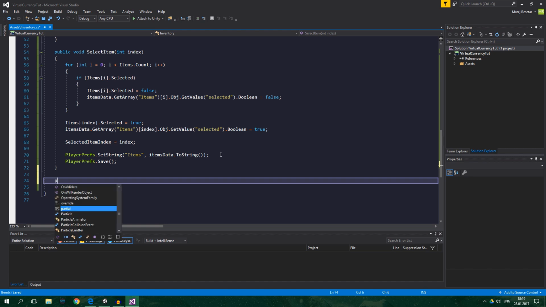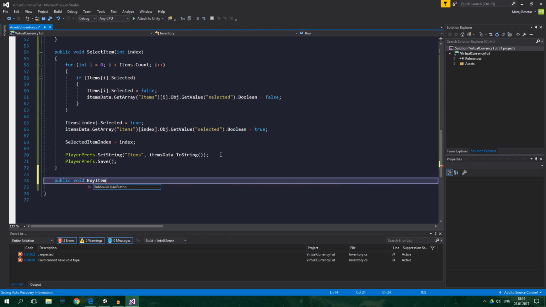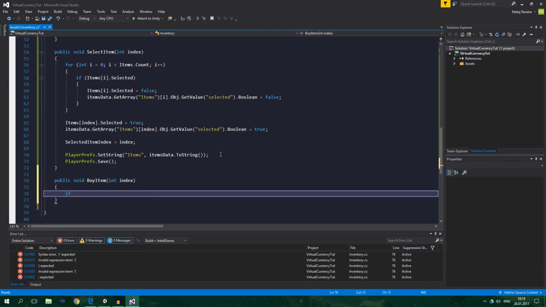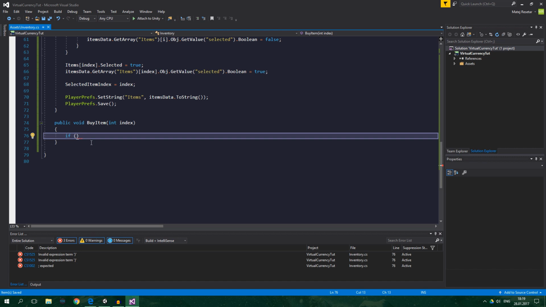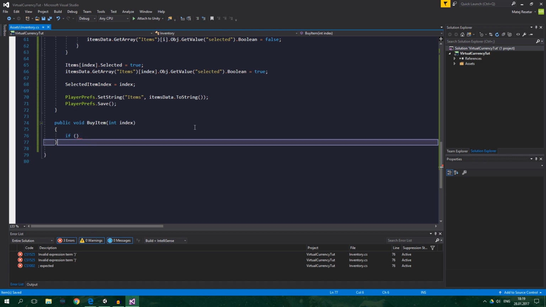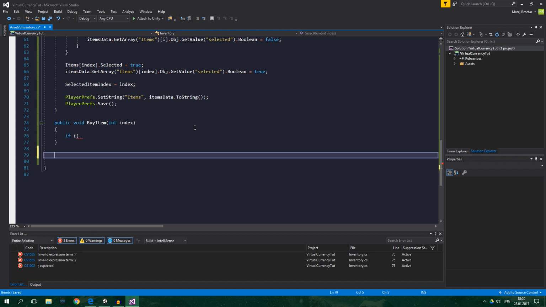So public void buy item, int index, and if, right, we have to write another method which is going to actually check if we can subtract coins. So if we aren't going to get into negative values, because you don't want to get into negative values with coins, obviously. So public bool, or not public bool, this can be actually private bool,